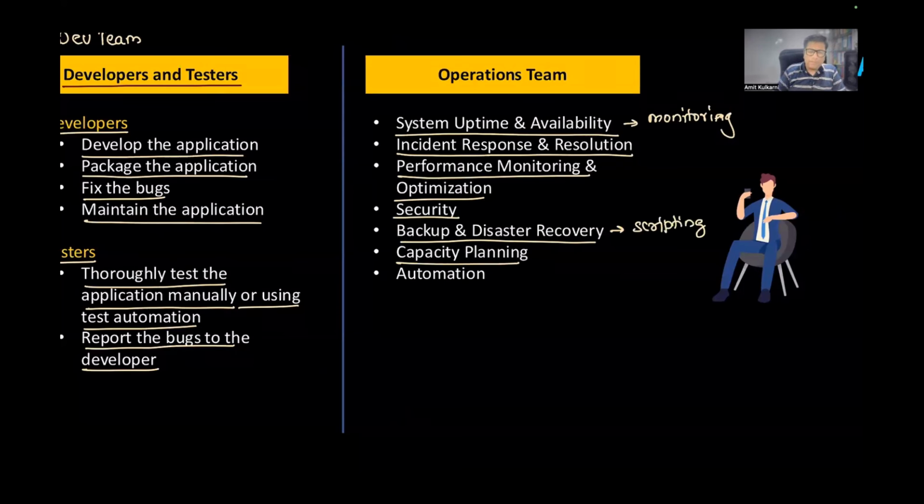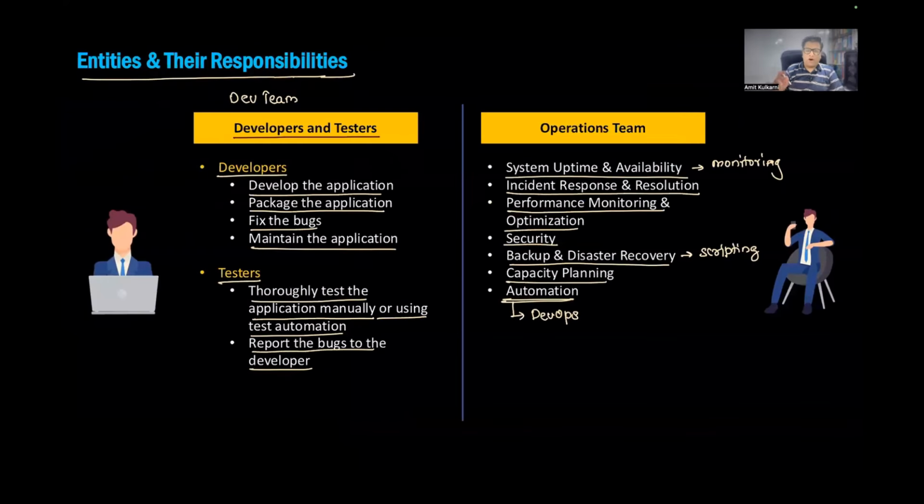Then you go for capacity planning. How many resources are required? For example, if I want to deploy this application, how many EC2 instances will be required? Or what's the cluster size required, and so on and so forth. That's called capacity planning. And finally, the automation. You don't want to do everything manually. You want to automate it. And for automation, that is why we are here for DevOps. This is the major reason why DevOps is really important. Automation. And under automation, you can see there are different things.